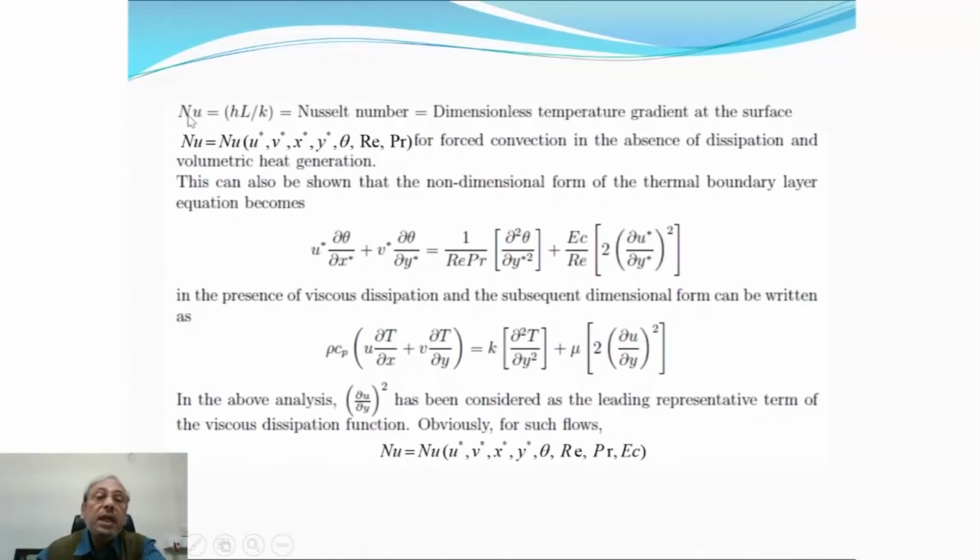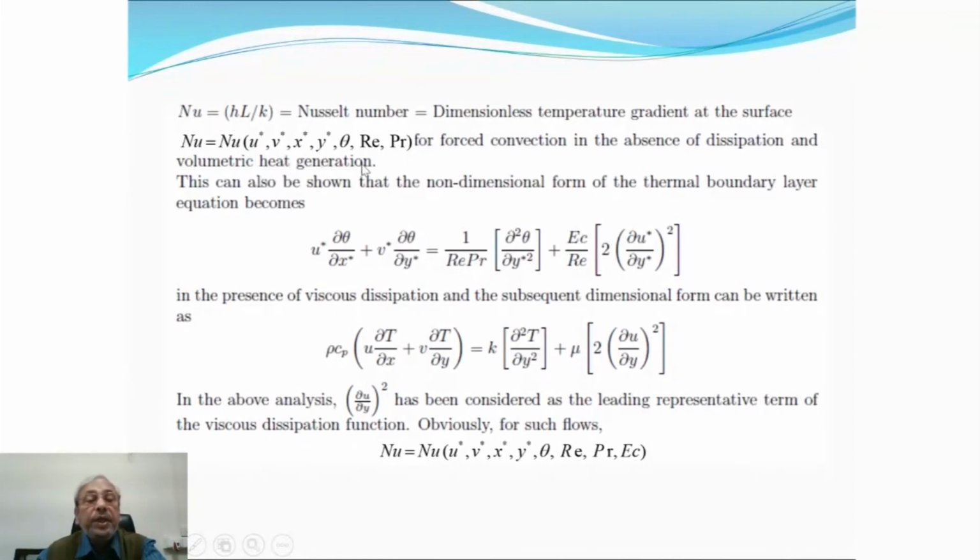So the Nusselt number, the dimensionless temperature gradient at the surface, becomes a function of U star, V star, X star, Y star, theta, Reynolds number and Prandtl number for forced convection in the absence of dissipation